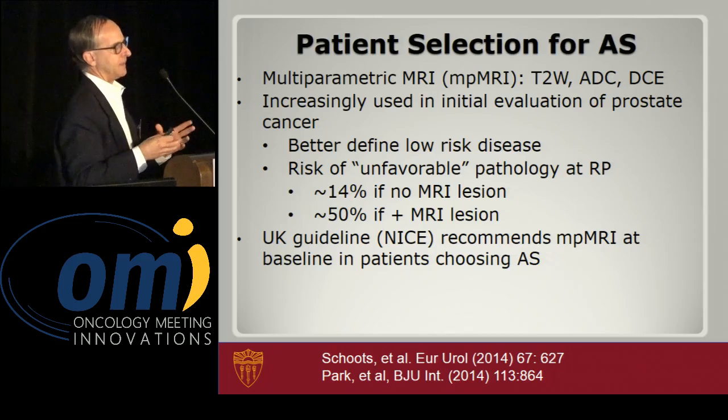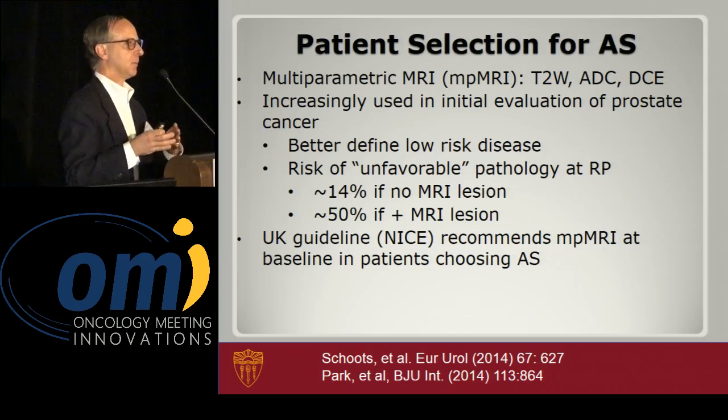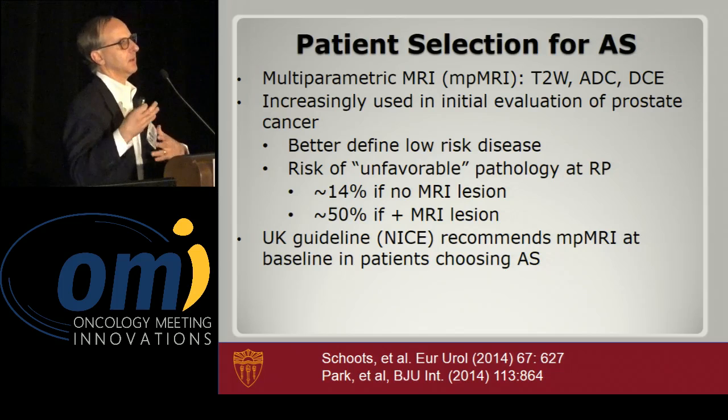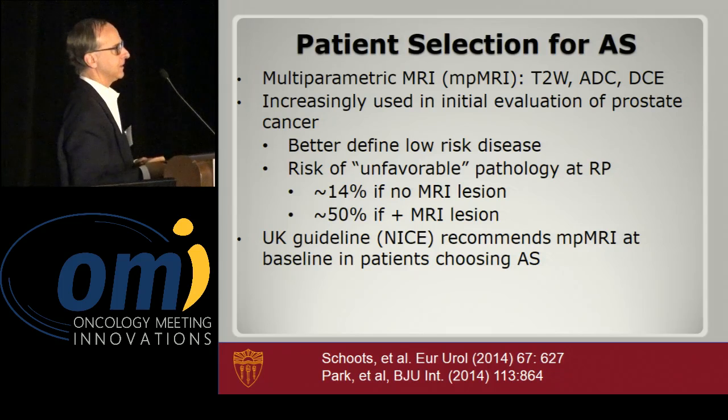So here is the idea: if the lesion on MRI is large enough that you can see it with the multiparametric techniques, then it's more likely to be what would be called clinically significant. And again, clinically significant may mean those patients shouldn't be on surveillance, but there's really quite a few hypotheticals in that chain of statements. So I would say also that there's a UK guideline that recommends multiparametric MRI for patients